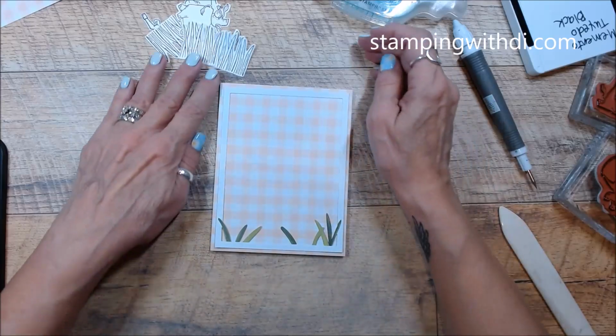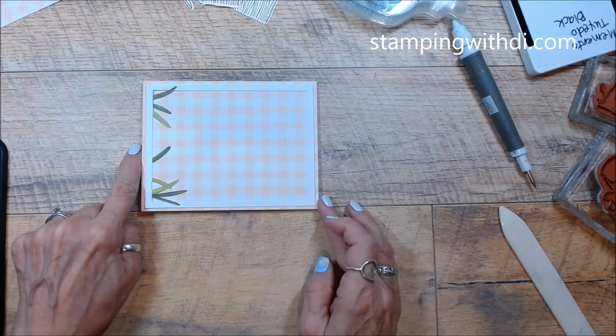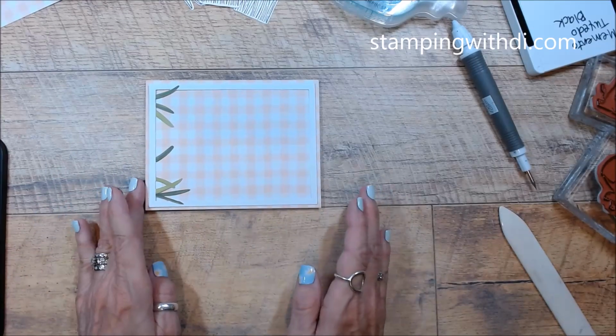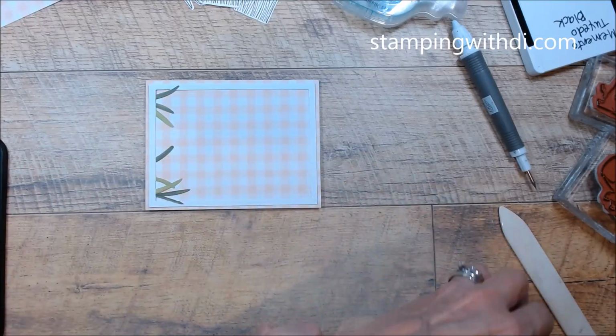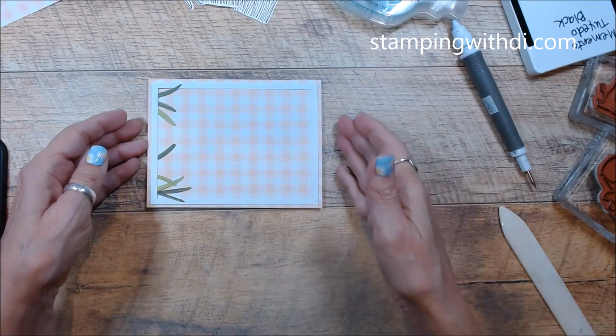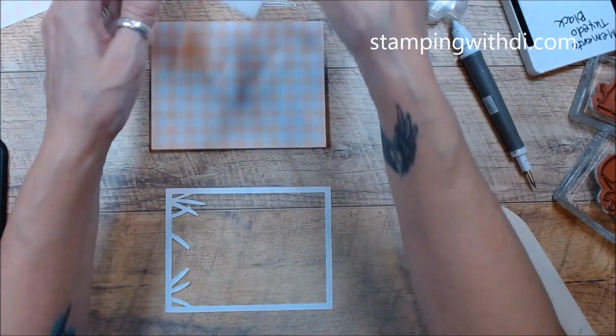So I'm doing it like this, but also I want to turn it on its side, so I have more room for my rhinos, and I wanted these kind of to be like the jungle, like maybe they're walking, you know, out of the jungle or whatever. So I'm going to take this, and I'm going to take